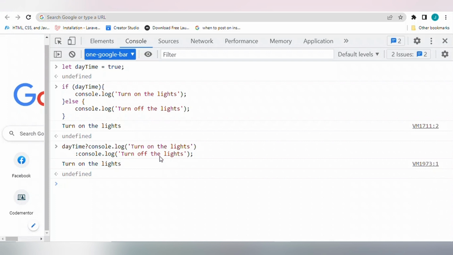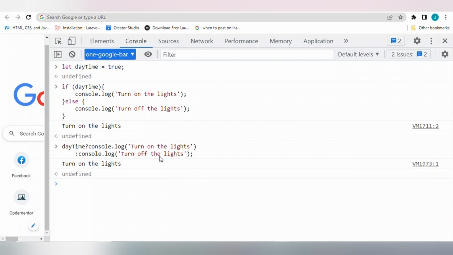So that's how we've come to the end of logical operators. We learned that they work with booleans, and remember they are the and operator, or operator, and the not operator. We found out how they work during the exercise. Then we have the typeof operator, and then we have the ternary operator that is used to simplify an if-else statement.